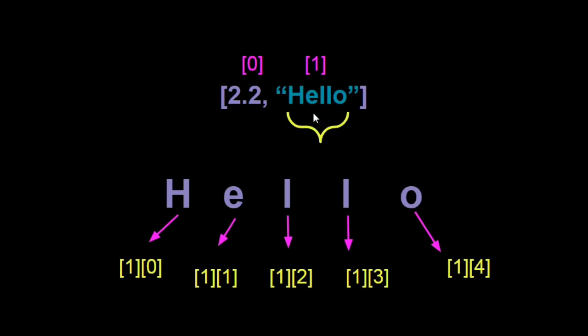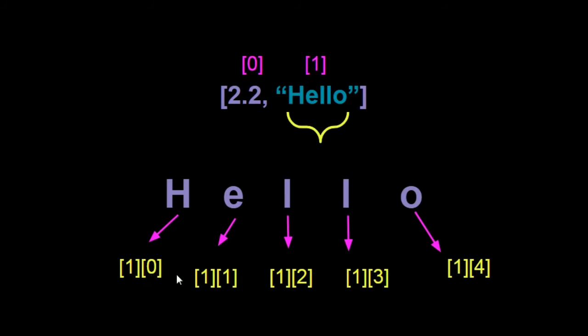So first we need to tell the interpreter to take the word hello, and from hello take the 0th position, that is letter H, and combine them and give me the answer. So hello, output of this portion, that is the first index 1 will give me hello, and index 0 of hello will